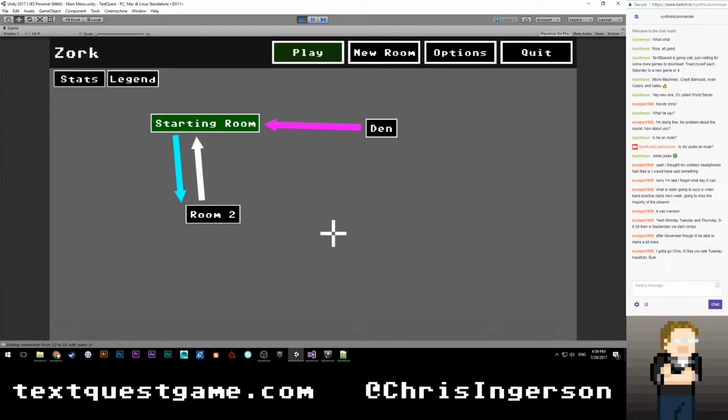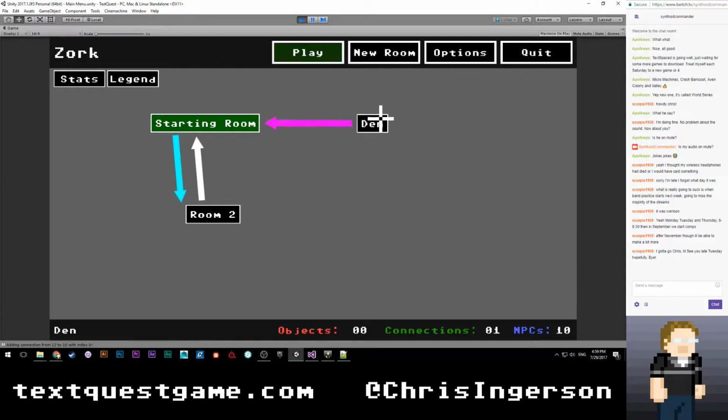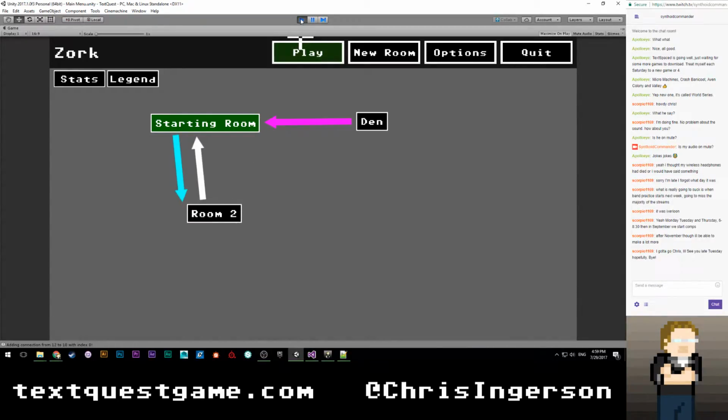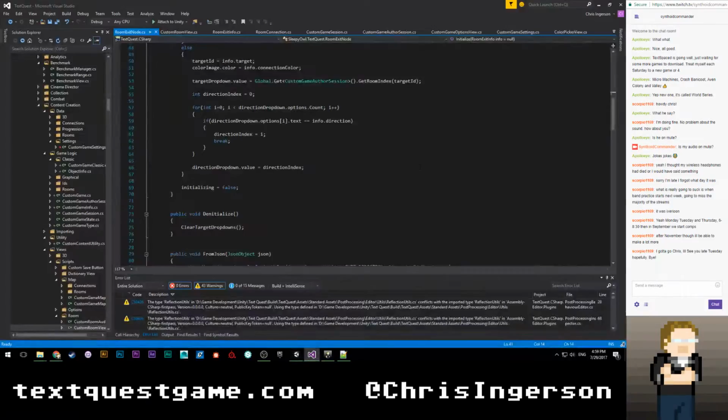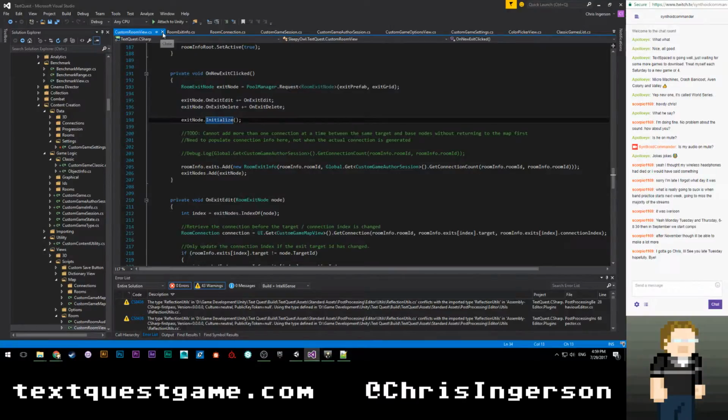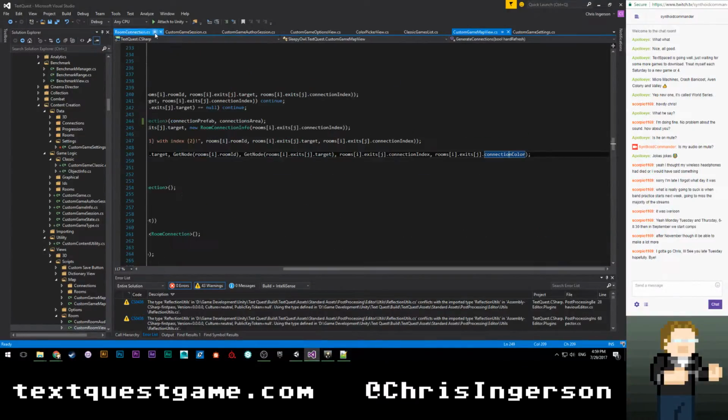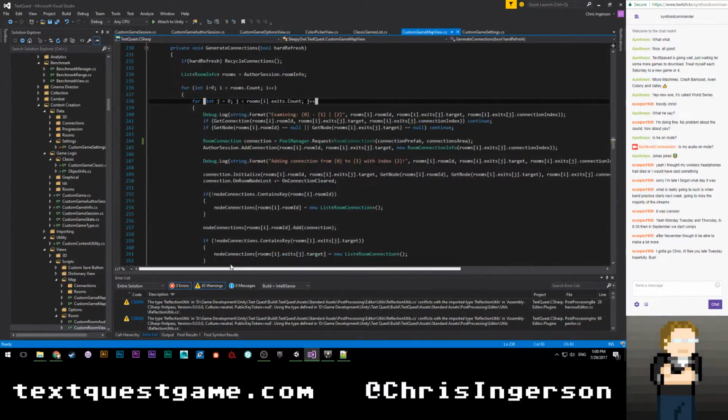Okay. Right. So we have connections working. Last thing we need to do is get our. Oh, that's interesting. Oh, I need to fix our room node still. So last thing we'll need to do is let's close room exit node and close custom room view and room exit info connection as well. We'll need to go to custom game map view. We're going to go up to the very tippity top,